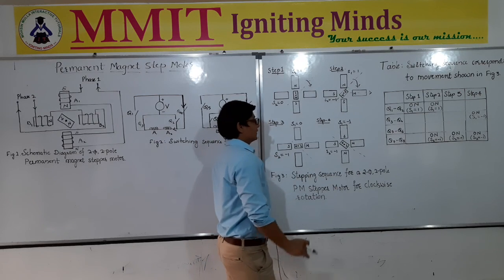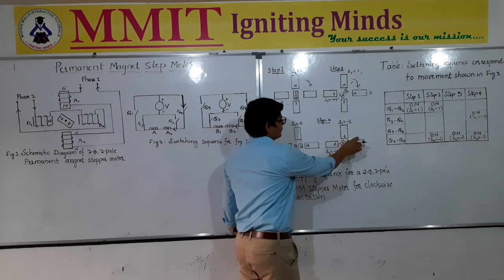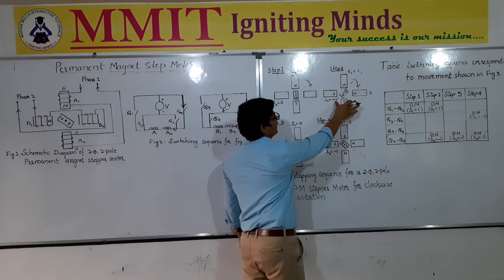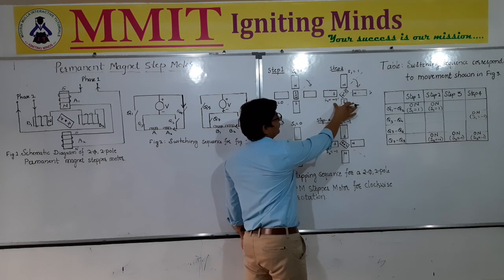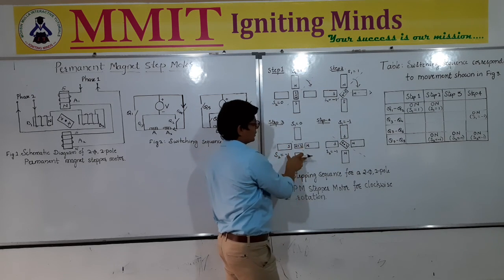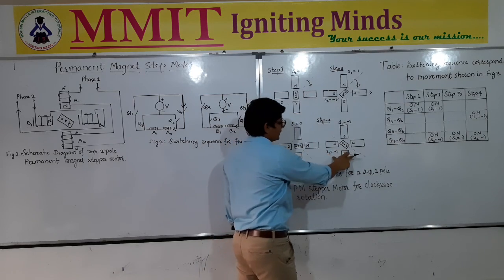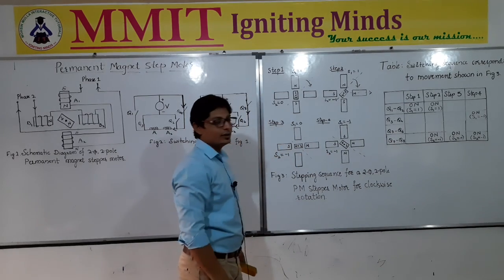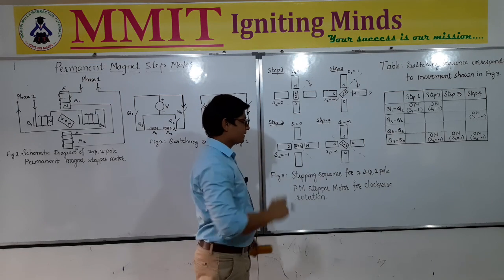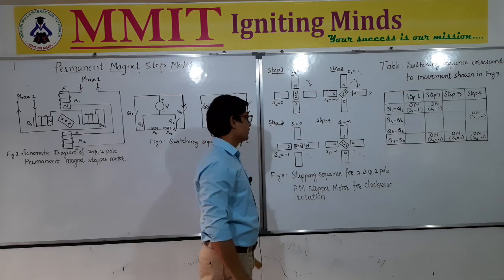Okay, so now S2 is still -1 because south is here, north is here. We have not changed it; here we had changed it. Okay, S2 equal to -1. So in the third step also we have kept it the same, and in the fourth step also we have kept it exactly the same. Okay, so it has been kept as it is, just by changing the S1 value we have obtained this.